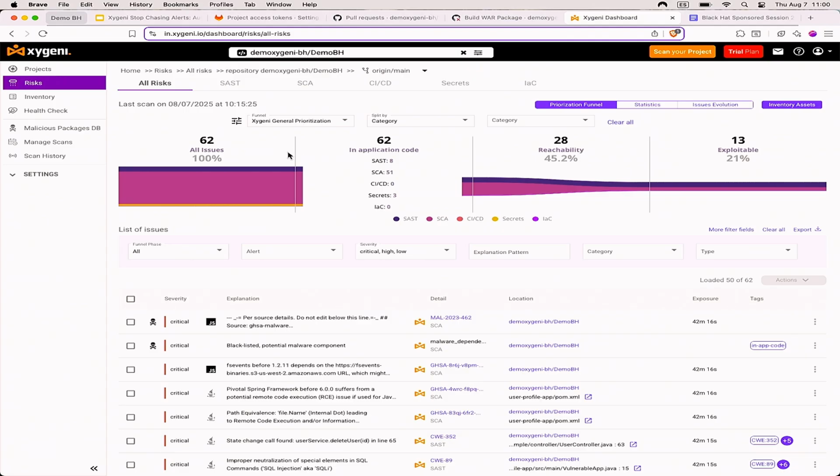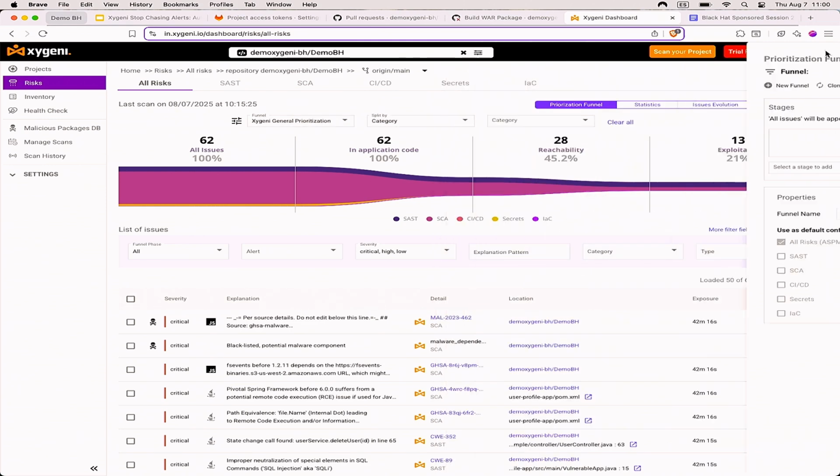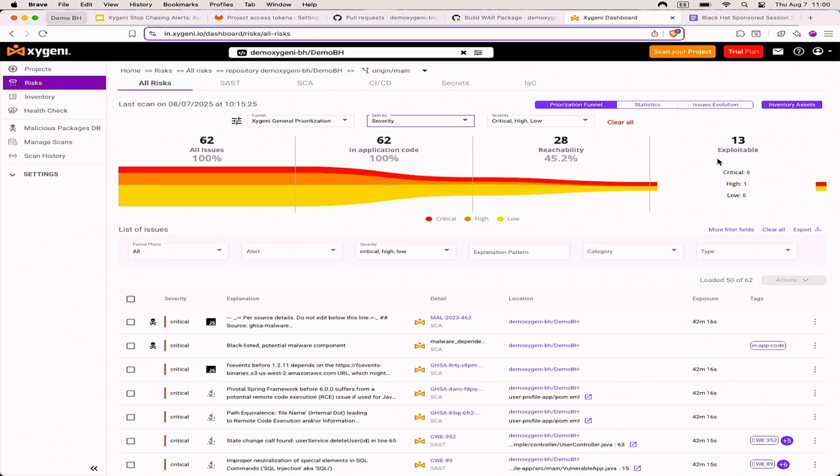First of all, I'm using this simplified funnel for the demo, but you can use any funnel you want, and you can configure your own prioritization criteria. You can have more stages or fewer or different values. The thing is that we are putting focus on things that are reachable and exploitable, that are the important things. Our goal is to resolve or fix all the exploitable things with critical and high criteria. For this, we can start reviewing.